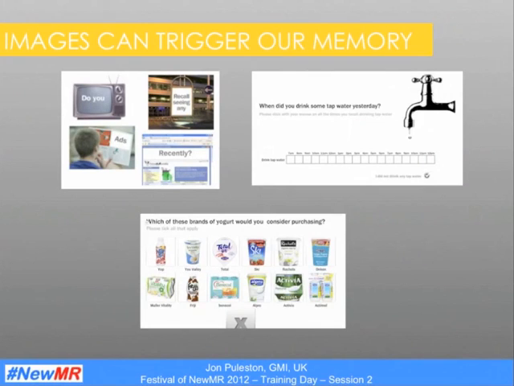It's also brilliant at encouraging people to mine their memories. So, for example, if I ask you to recall some advertising, and I show you some prompts of the different advertising media, you'll get more feedback. The second example is, again, from one of our game experiments where we asked people to remember where they drank tap water yesterday, and just by showing a picture of a tap, it triggers more drinking instances being recorded. Just the use of imagery, for example, in brand usage, recall and brand awareness type questions can transform the feedback you get.